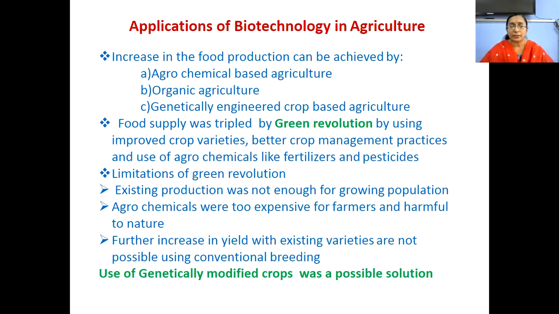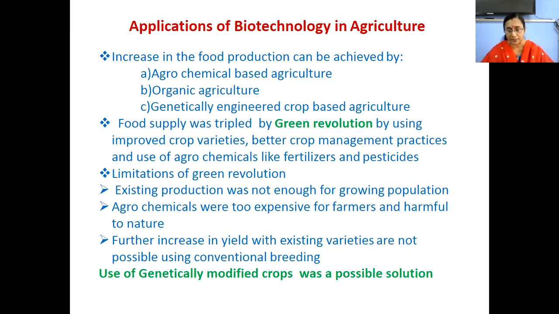Now, how is biotechnology applied in agriculture? We know that our population is increasing day by day. So, for the increased population, we require an increase in food productivity also. Generally, we try to achieve this increase either by agrochemical based agriculture, organic agriculture, or genetically